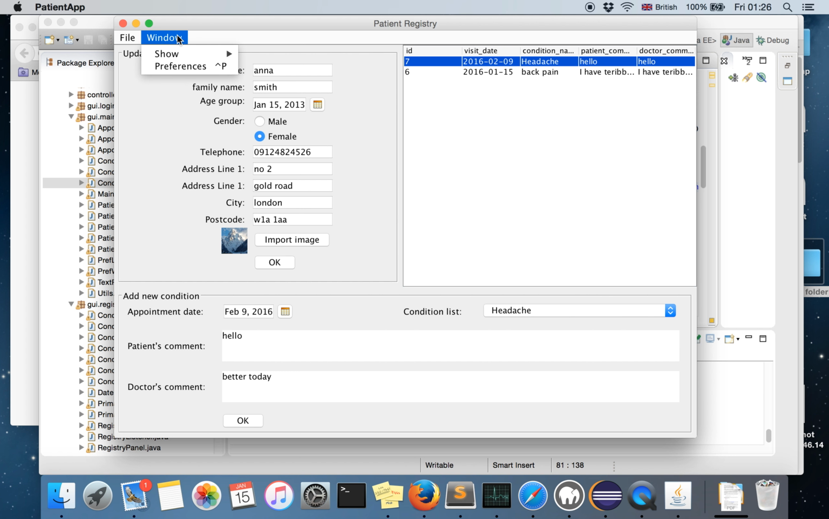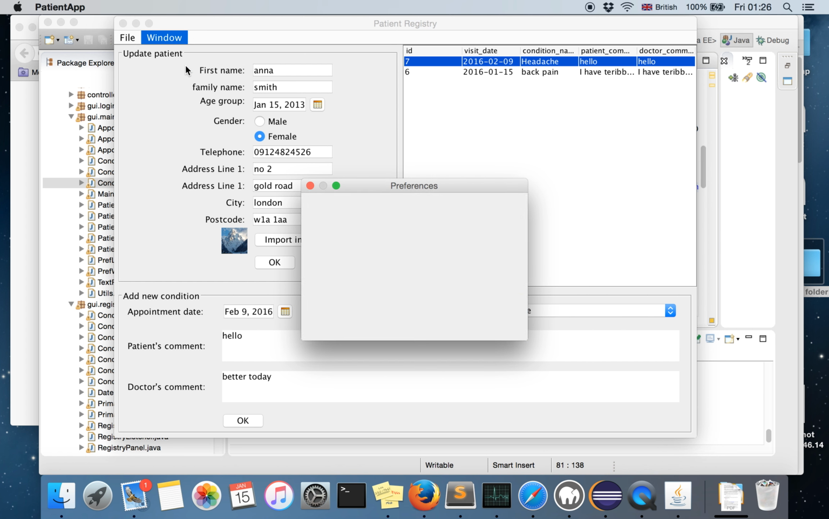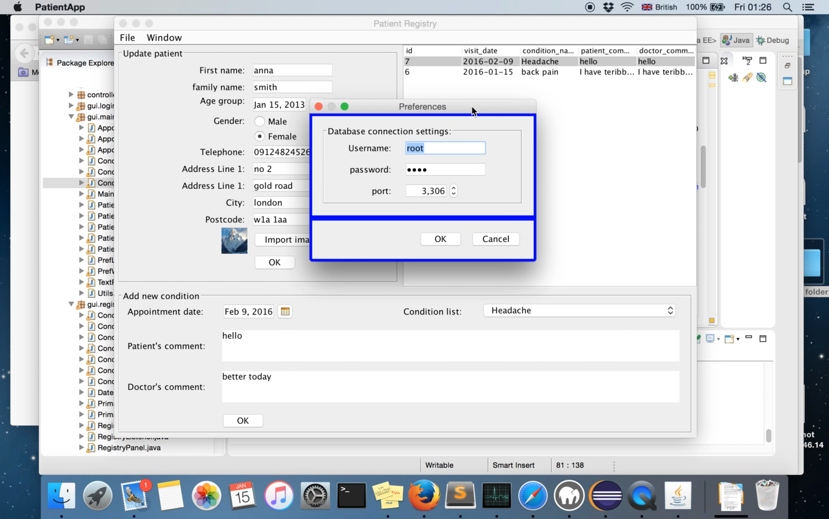But another thing that I forgot to mention is the preferences window. At the beginning, before using this application, it's better to set up the database connection settings by username, password, and port at the